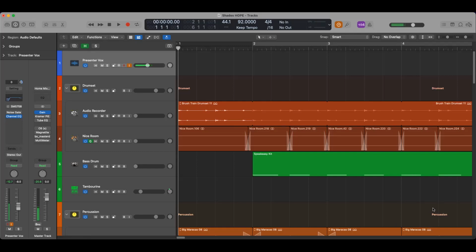So if you come up with a famous moment of brilliance and you want to remember exactly how you captured a particular sound, you can do that right from within Logic. You don't have to write it down on a piece of paper or use another app or software in order to do it. Okay, so in our last video, we were working on a tune called Shades, and we had